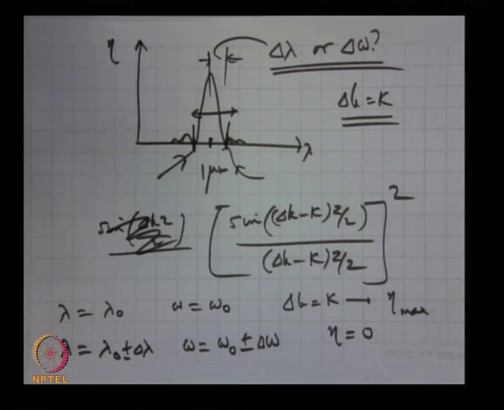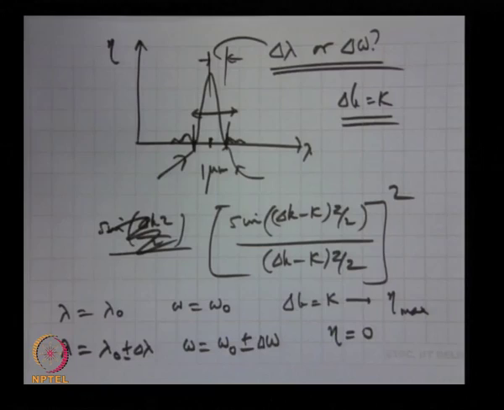So if I want to increase the bandwidth of interaction, what I should do? There are people who are interested in having a situation where no matter if the wavelength of the laser deviates slightly by a few nanometers, efficiency should not drop significantly. So what I should do? So if I have an analytical expression, I would know what I need to do to design a device where even if the frequency or wavelength changes slightly, the efficiency does not drop significantly. So that means larger this delta omega is, larger the